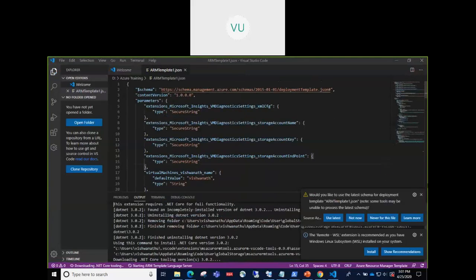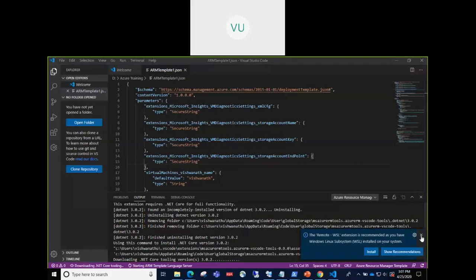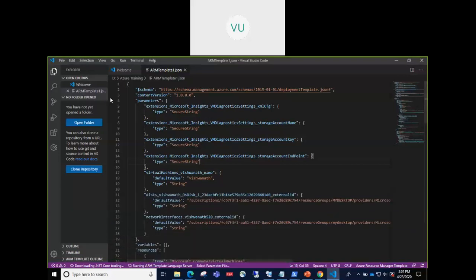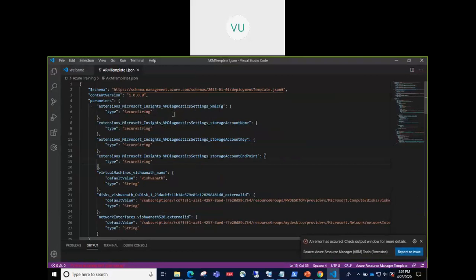Okay, so this is now formatted as JSON. Let me just close everything and just have this open.